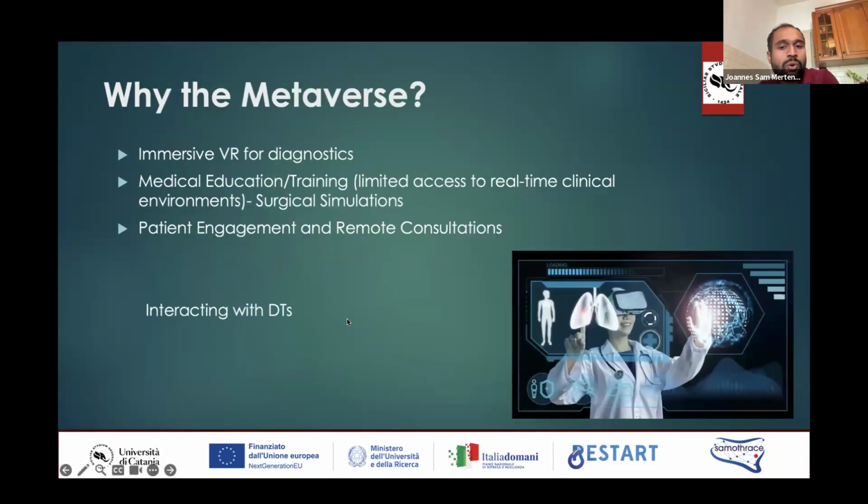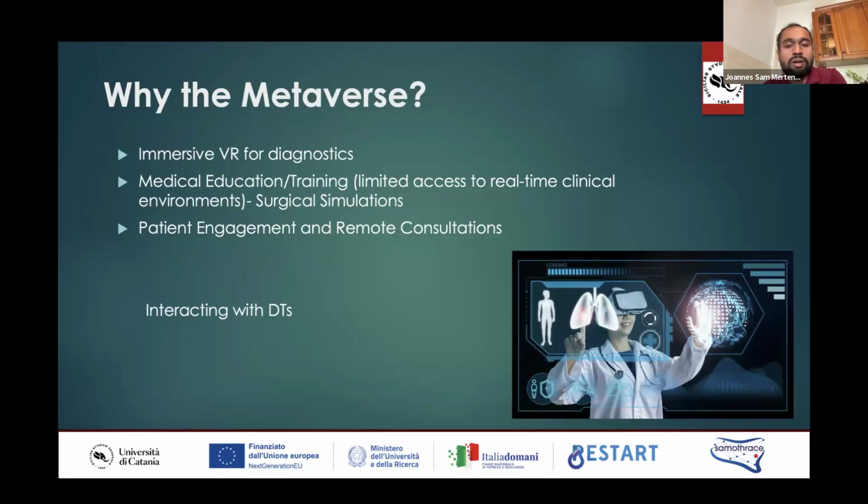Okay, so first of all, why do we go for the metaverse? It's a revolutionizing thing right now, and it's getting a lot of attention, even in healthcare. First of all, it provides an immersive environment for doctors or physicians to do diagnostics, analysis, and real-time monitoring. Second is,